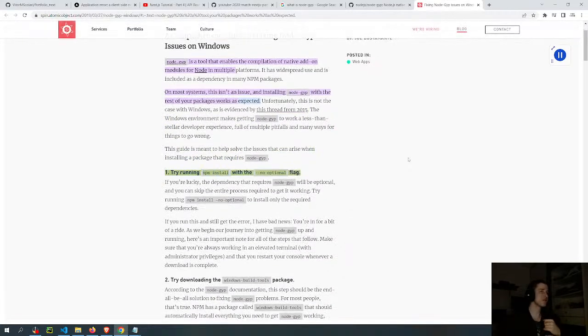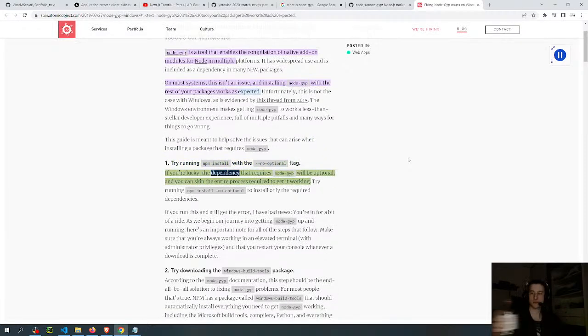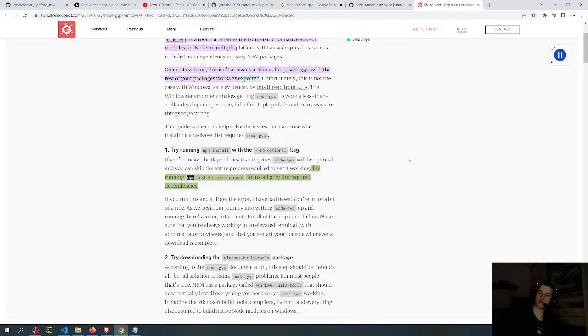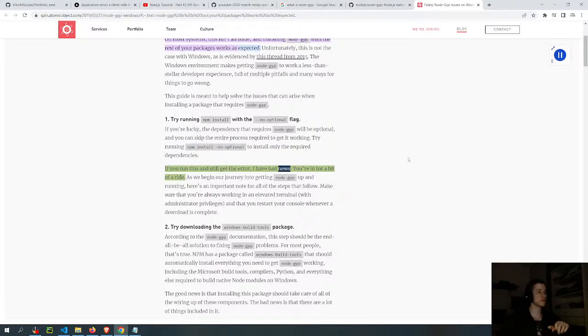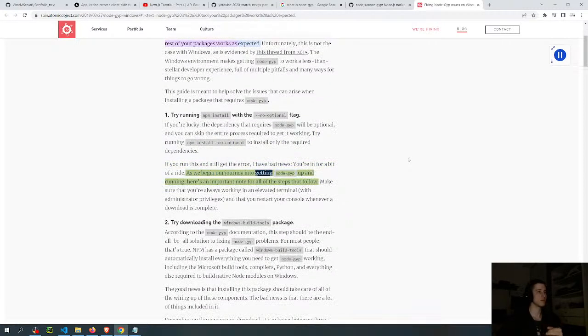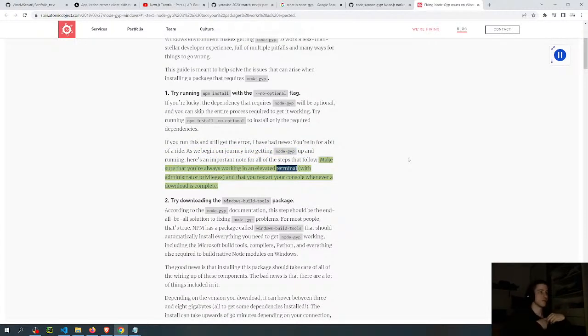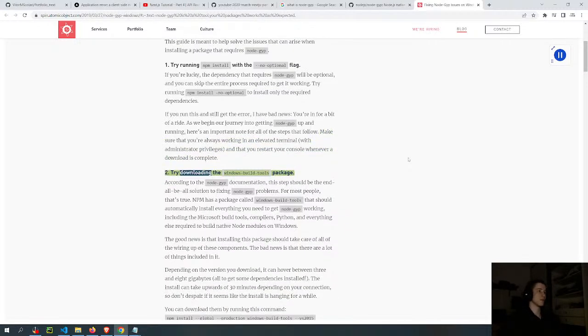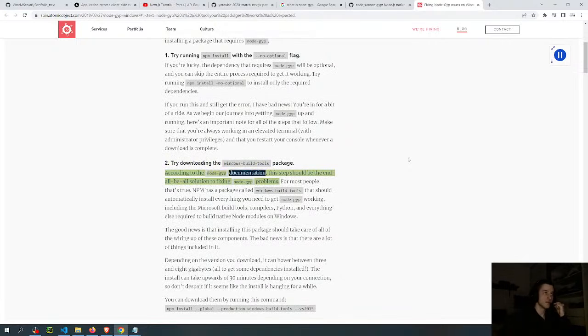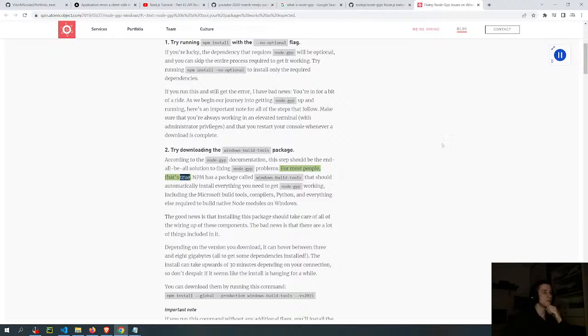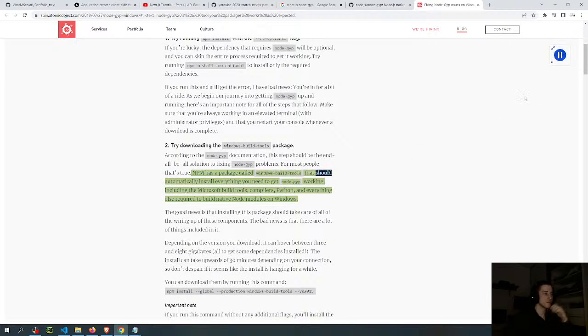1. Try running npm install with the no optional flag. If you're lucky, the dependency that requires Node-Gyp will be optional, and you can skip the entire process required to get it working. Try running npm install no optional to install only the required dependencies. If you run this and still get the error, I have bad news, you're in for a bit of a ride. As we begin our journey into getting Node-Gyp up and running, here's an important note for all of the steps that follow. Make sure that you're always working in an elevated terminal, with administrator privileges, and that you restart your console whenever a download is complete. 2. Try downloading the Windows Build Tools package. According to the Node-Gyp documentation, this step should be the end-all be-all solution to fixing Node-Gyp problems. For most people, that's true. NPM has a package called Windows Build Tools that should automatically install every